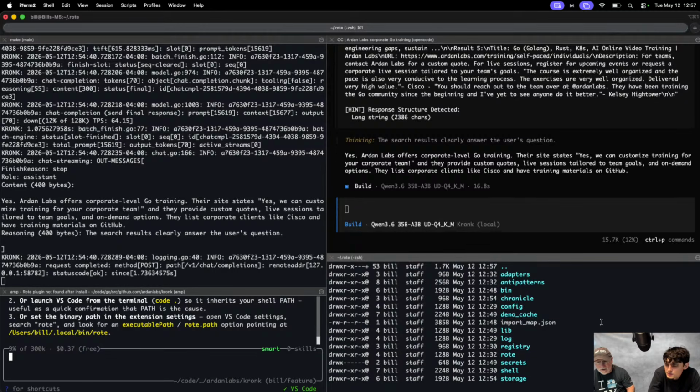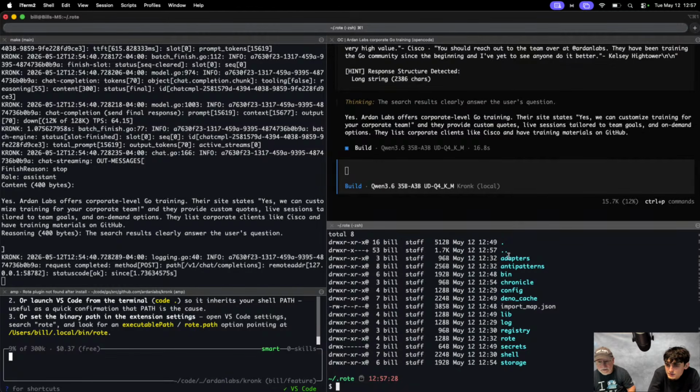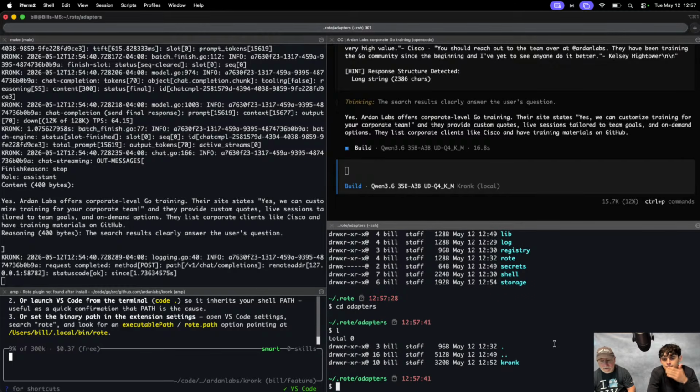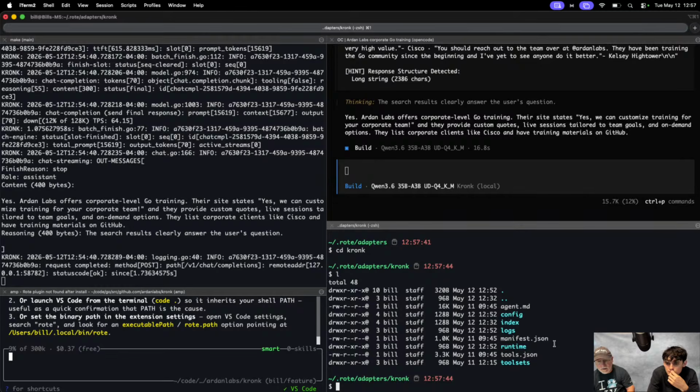I mean, who knows what's in here anymore? I don't know what's changed at 12:57. I don't think anything's changed in the adapters, except some logs.